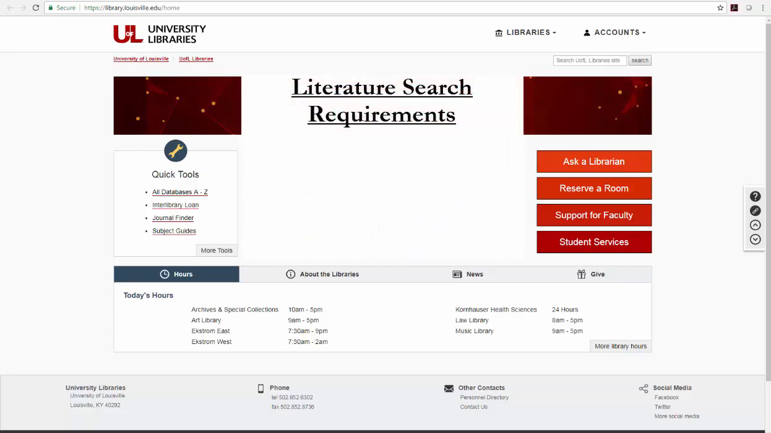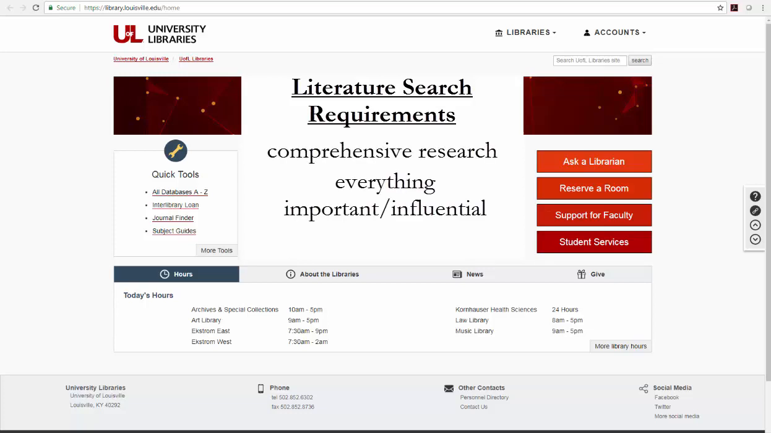Literature searches for dissertations, theses, and other graduate-level projects require comprehensive research. You need to find every important and influential source on your topic, not just a few relevant articles. Let's take a quick look at some strategies you can use to make your literature searches more focused, comprehensive, and